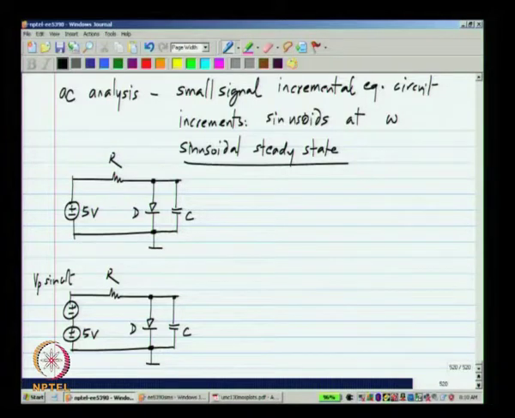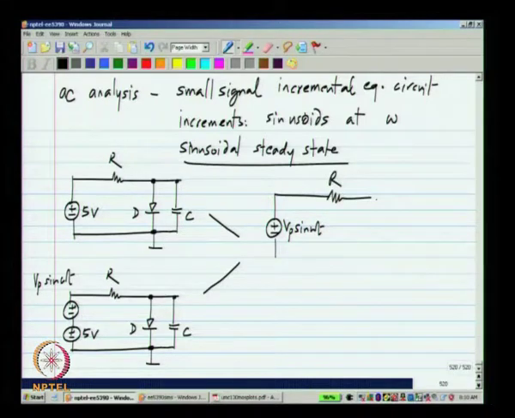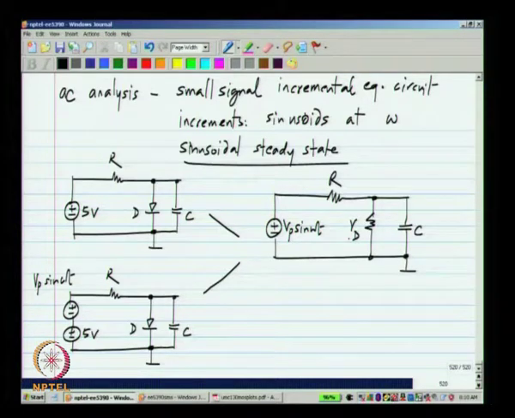In such a case, I can use this AC analysis. So, if I draw the incremental equivalent circuit from these two, I will have an increment of V p sin omega t, the resistor remains as it is, the capacitor remains as it is, and the diode will be replaced by its linear small signal equivalent R d.